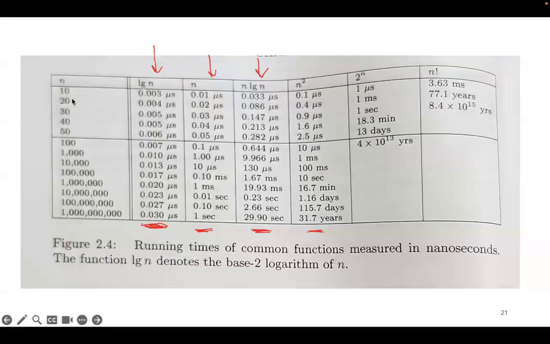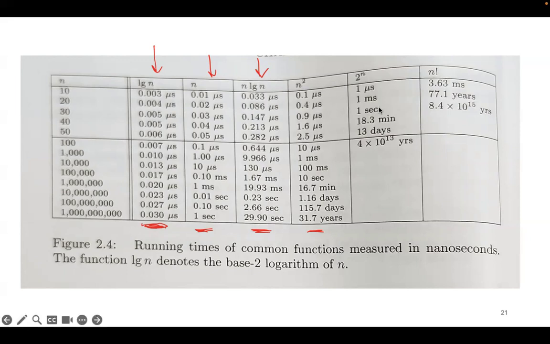So there's a chart that says, here's the different sizes of input. And so if the algorithm is a log n or n log n running time, how long does it take us to do this algorithm on like a million or billion size input? And so you see that log n and n log n for really big inputs are fairly okay. All of them up to n squared do really well with small amounts of data. But once it gets bigger, we're up to like 31 years for this algorithm to finish, which is not good.